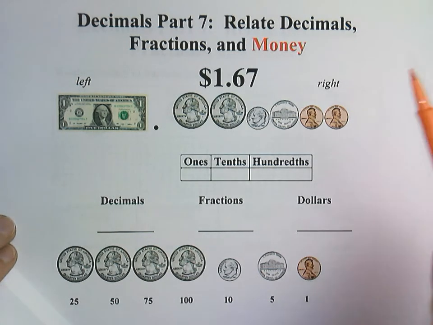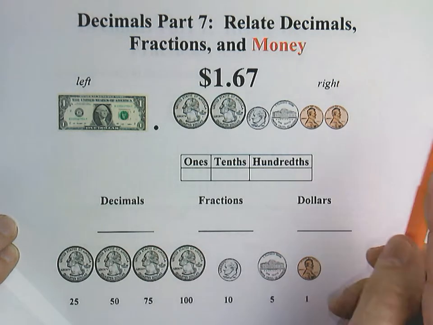This lesson is on decimals part 7. Today we're going to relate decimals, fractions, and money. Remember that a decimal is any number that is on the right side